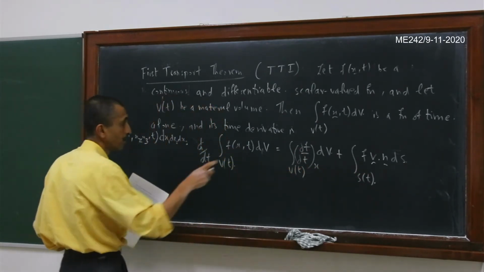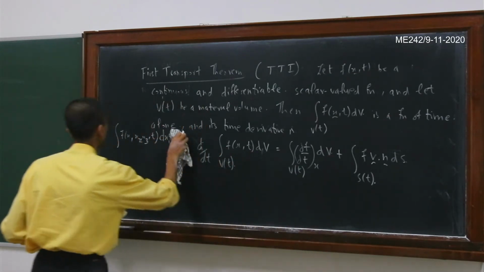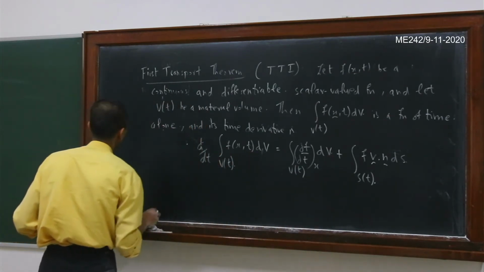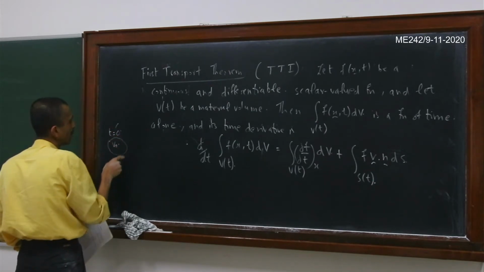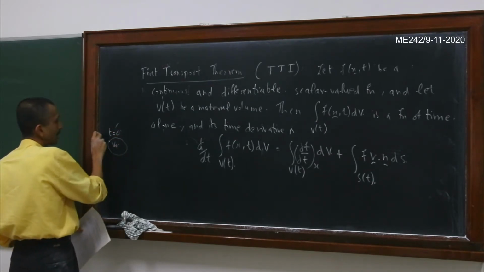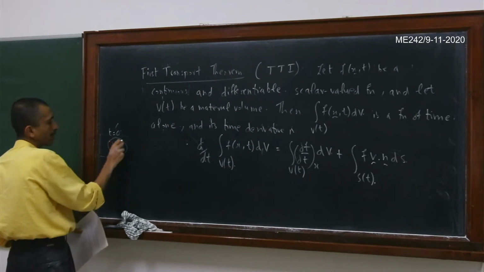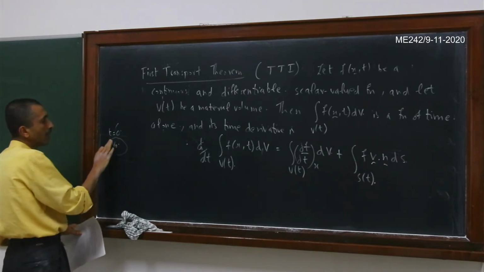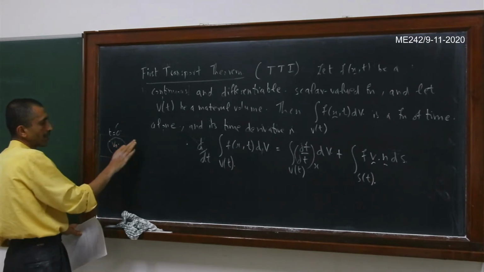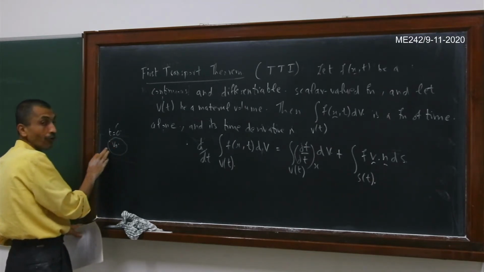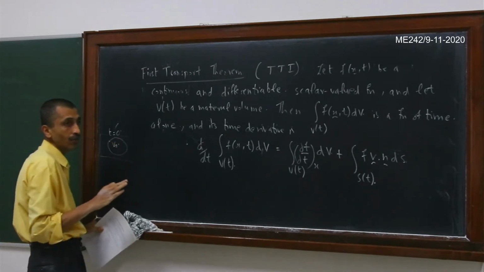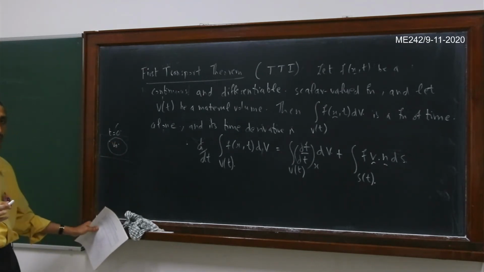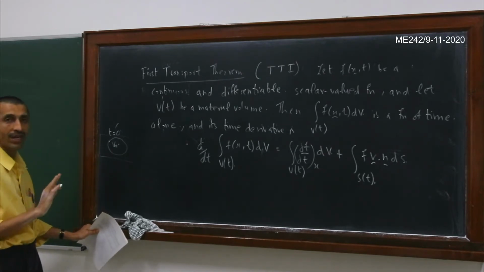Now let us look at what is that v and what is that n and so on. So you can think about it that you have this V0, which is at time t equal to 0. This is your material volume. So this could be, let us say, some part of the cantilever, and you are considering some fixed set of particles here, right? So this is some material volume that you are considering. As I said, this could be a blob of fluid. This could be the set of particles in a cantilever beam. So at this stage, we do not distinguish between a fluid or a solid. These are general equations for any continuum.